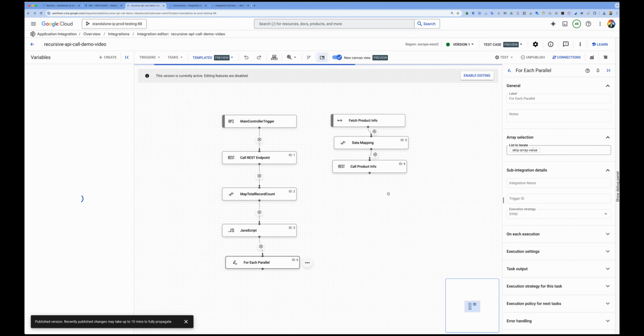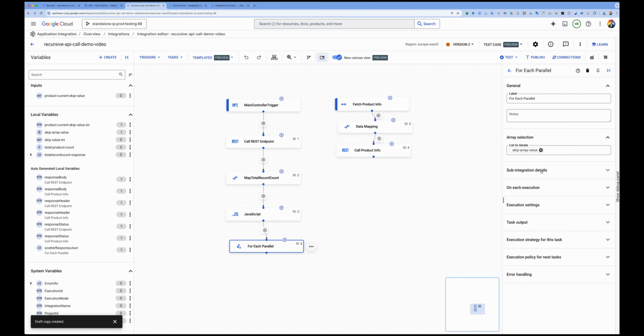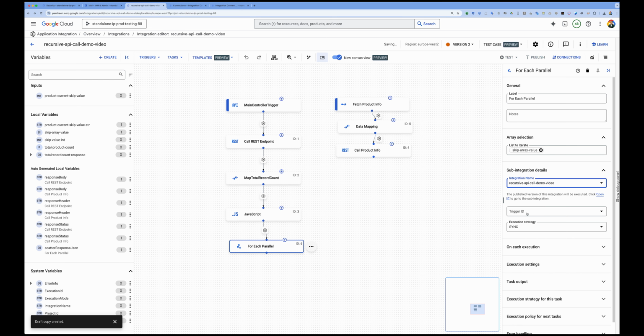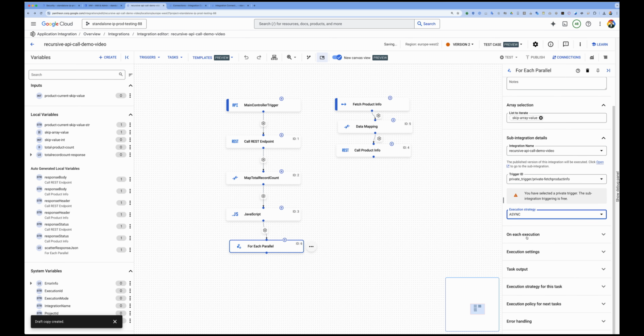Go back to enable editing mode. Here I go and select our recursive API call demo video, and the trigger ID will be the private trigger. You can choose sync or async. I'm going to select asynchronous calls, and on each execution, I want to map my value to product current skip value. That is, the array value which we are creating will be mapped to the input of this particular inner integration. Now, if I go and test it out,